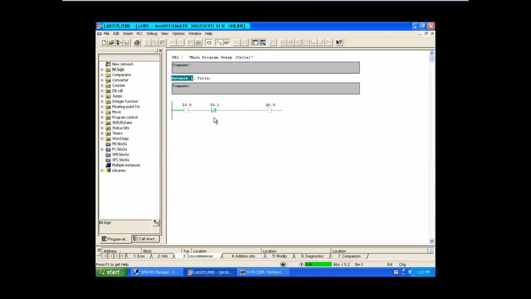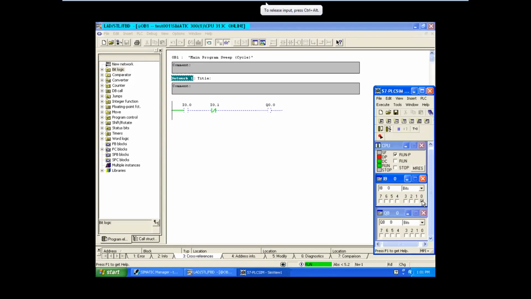By using one switch you turn on, by using another switch you turn off. But how do we keep the output continuously on even if you turn off the input?